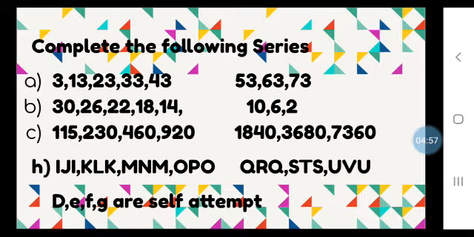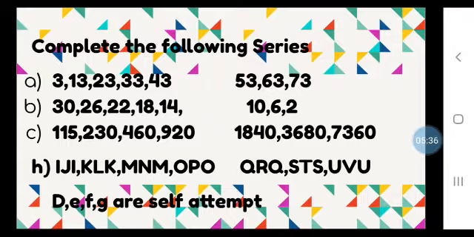Next pattern, children. Adding, no. Try multiplying it by 2. Do you get 230? Yes. Again multiply it by 2 and you will observe you will get 460. Again you multiply by 2, you get 920. So what is the pattern? Each number, the number which is written after a number, is multiplied by 2. So I multiply 920 by 2 and I get 1840, then 3680, then 7360, and so on.